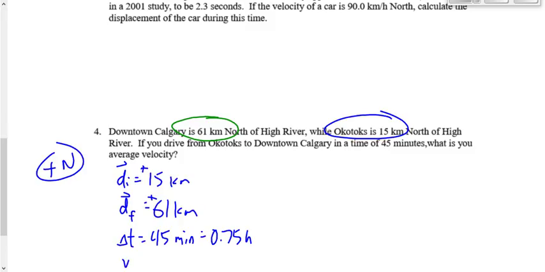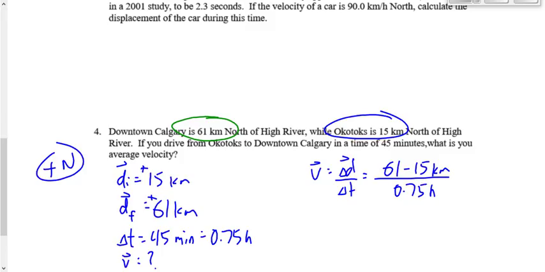I want to find the average velocity. Now, velocity is displacement divided by time. Displacement is, am I going to add these numbers, 15 and 61, or am I going to subtract them? Subtract positions. These numbers both represent where something is at 2 different times. In order to get the displacement, we subtract those numbers. So 61 minus 15 over the time of, we'll say 0.75 hours. That's going to give me 46 kilometers over 0.75 hours, which works out to be